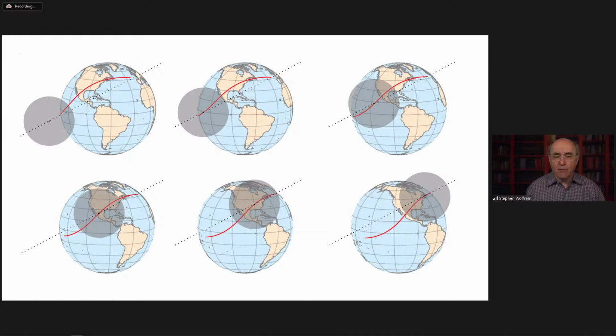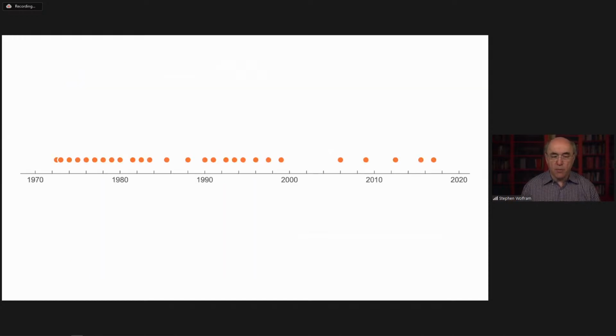But the point is that this average time isn't constant because the rotation of the Earth is gradually slowing down, primarily as a result of interactions with the Moon. But meanwhile, UTC is defined by an atomic clock whose timekeeping is independent of any issues about the rotation of the Earth. There's a convention for keeping UT1 aligned with UTC. If UT1 is going to get more than 0.9 seconds away from UTC, then a leap second is added to UTC. Well, one might think that this would be a tiny effect, but actually since 1972, a total of 27 leap seconds have been added,